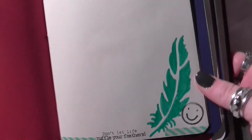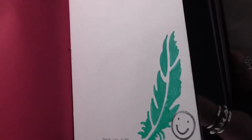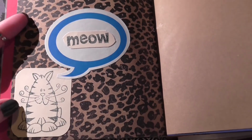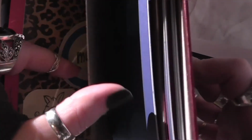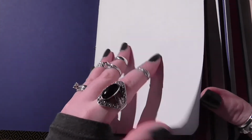Just a bit of stamping, and that's using the stamps and the stencil that were free in a magazine. They're also shown in the Lawn Fawn haul video. So that's everything at the moment. Oh, and this little cat stamp with meow, you would have seen that in another haul video from Hobbycraft. So yeah, this is everything I've put into this year's journal, but you'll see that it's different